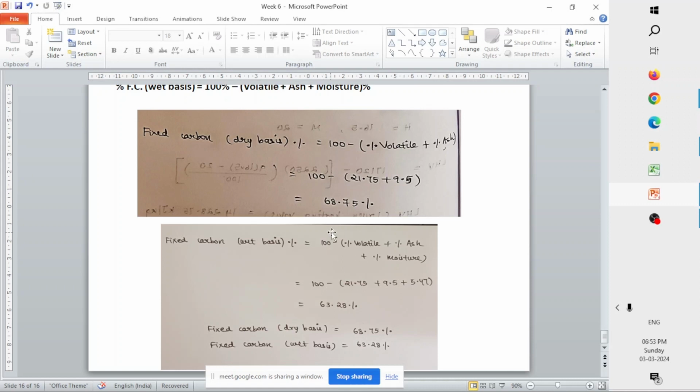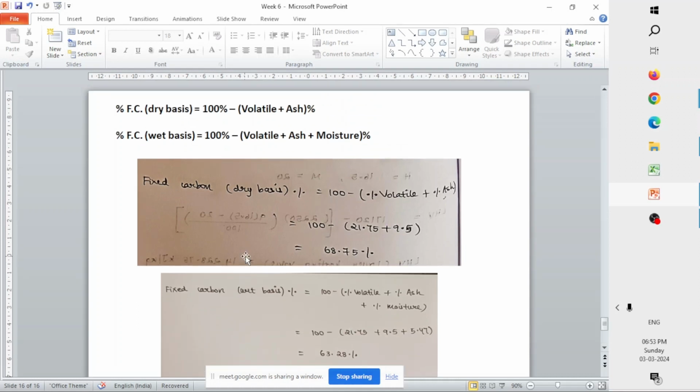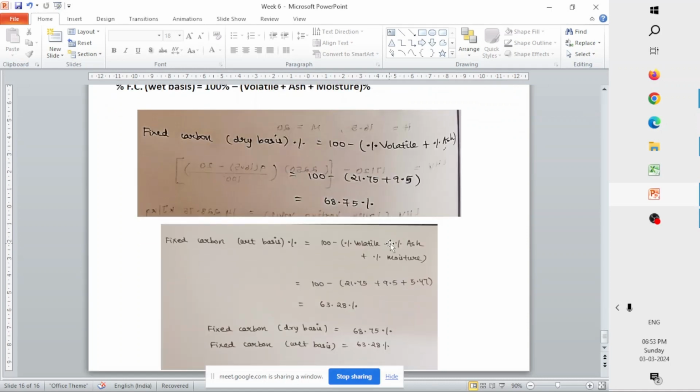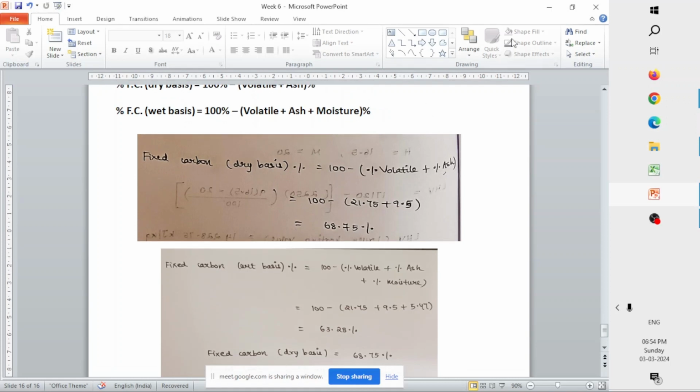So in that case, your formula will be 100 minus (percentage volatile plus percentage ash plus percentage moisture content). The moisture content percentage we calculated as 5.47. Volatile matter and ash are given as 21.75 plus 9.5 percentage. So your total will be 100 minus (21.75 plus 9.5 plus 5.47). It will be 63.28%. So on the dry basis you get 68.75 and on the wet basis you get 63.28